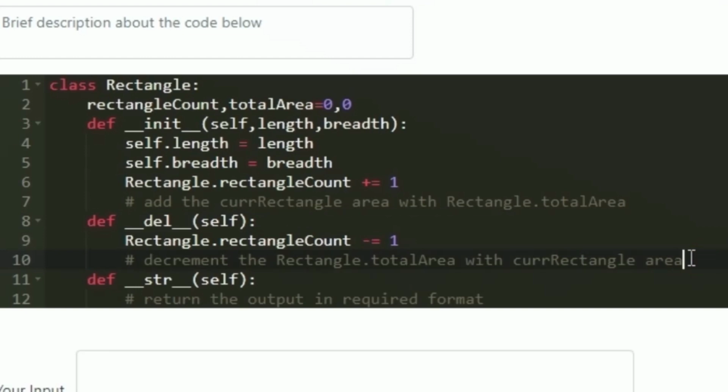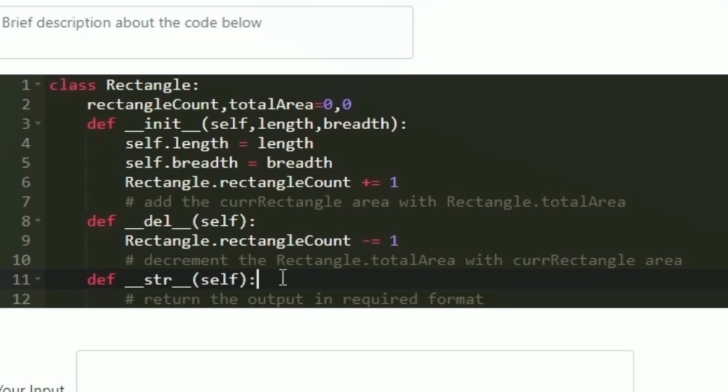So now we are left only with the str method. The reason for overriding the str method is that we were directly printing the object in the code which is given to us, which is not possible. Whenever an object is directly printed, it will be converted into a string and we will get some hexadecimal values. In order to avoid that, we are going to override the str method. In the str method, we just have to define how we should return the output. So here I am overriding the str method, and in the arguments I am accepting the self. This will have two parameters, length and breadth.